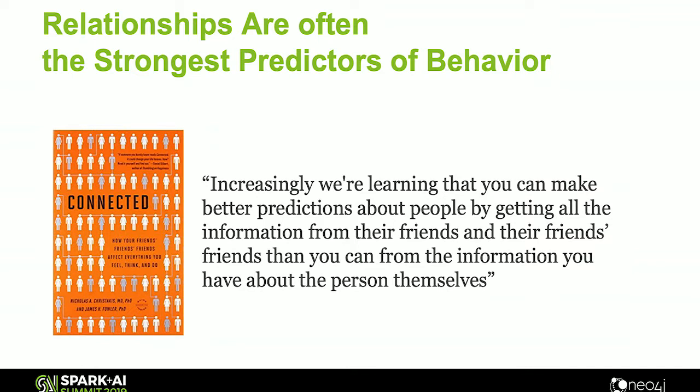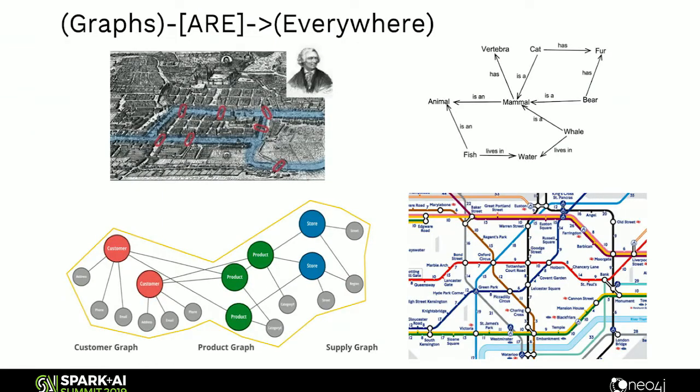The book also covers the voting scenario as well. I like that scenario because they find it's predictive whether someone's going to vote in the future, not just of whether their friends say they're going to vote, but whether their friends' friends that they don't know say they're going to vote. And that's really interesting. That kind of shows the power of networks and people we don't even know that influence our behavior. So we know relationships are predictive, and graphs are a way to represent relationships and networks.